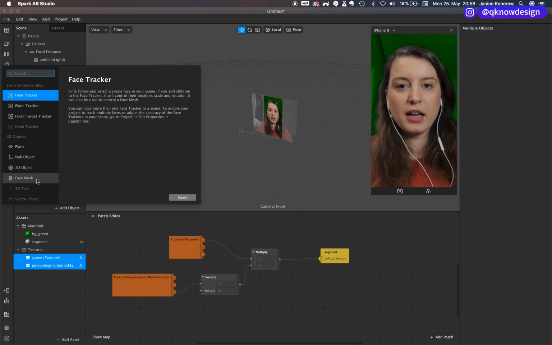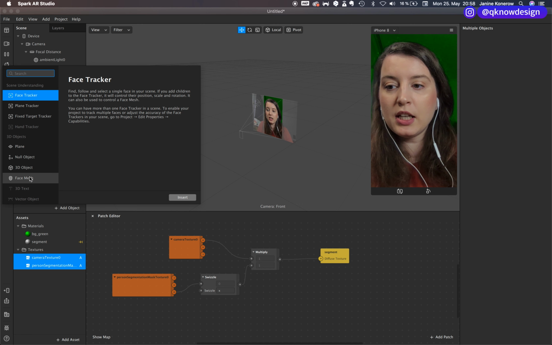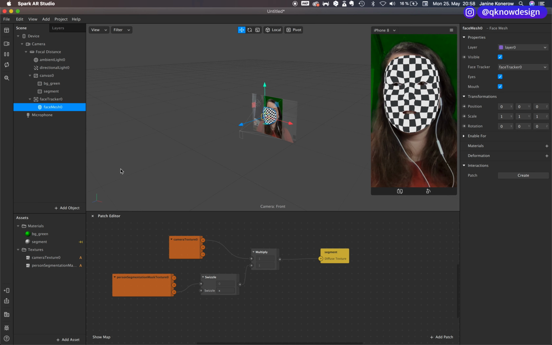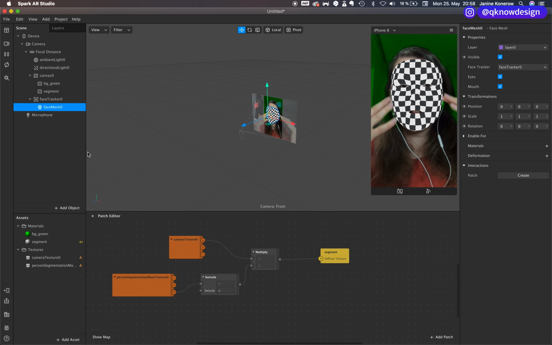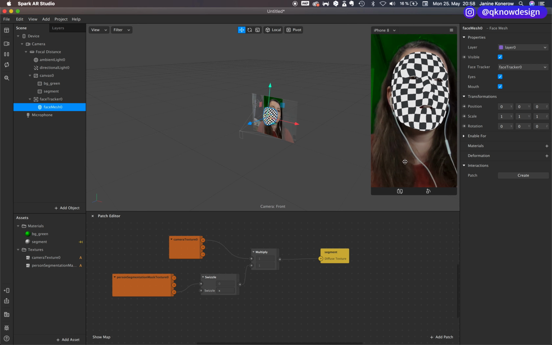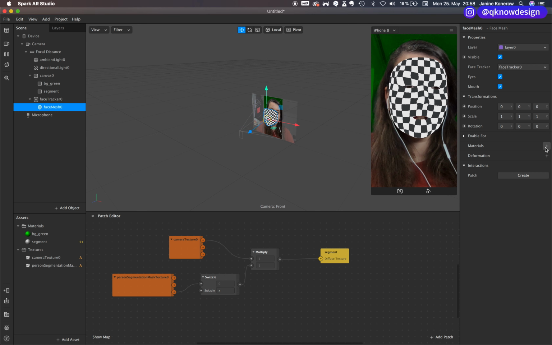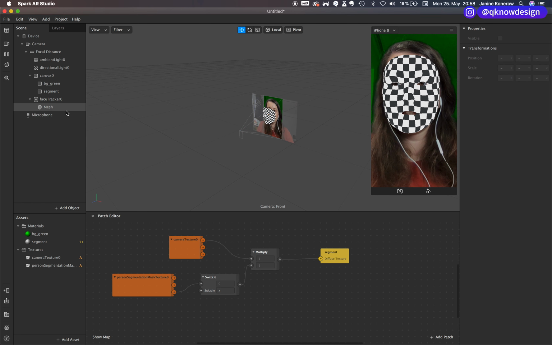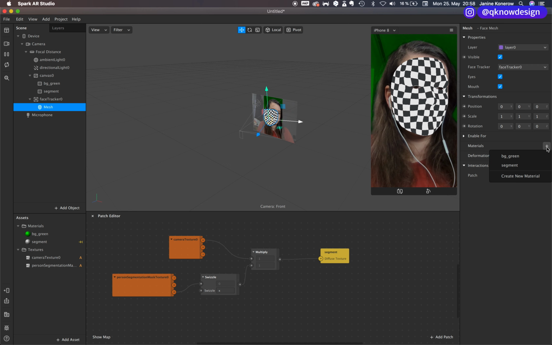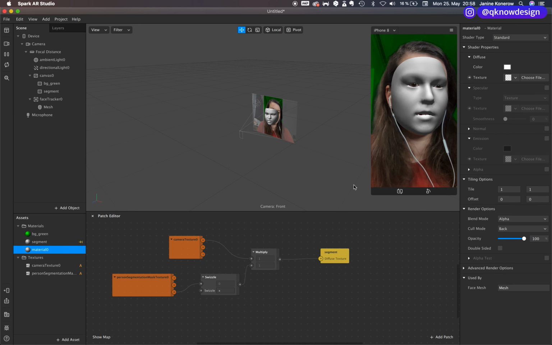You see my segmentation is in 2D, but my face, I want it to be 3D, so the reaction with the light is a little bit more natural. And we create, I just call this mesh, and create a new material, call this also mesh,